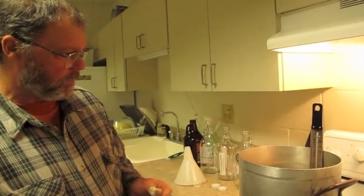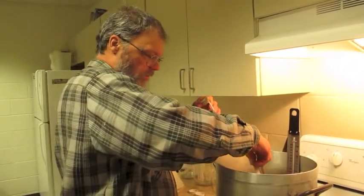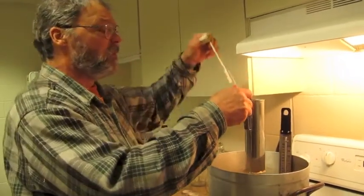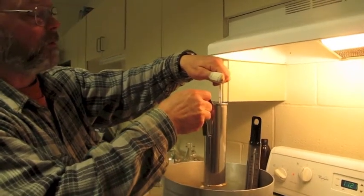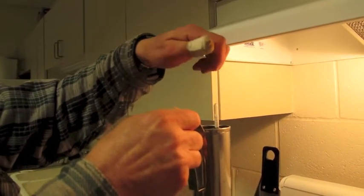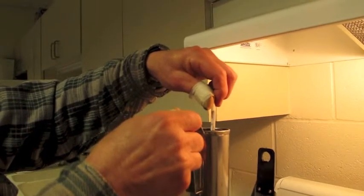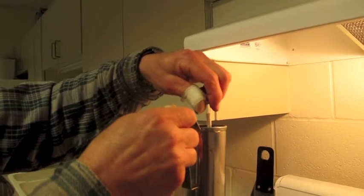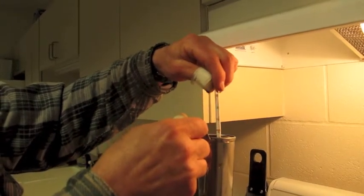For it to become syrup, you have to test it with a hydrometer. So I'm going to fill a sample up here. And when you drop in the hydrometer, it should float at that red line right there, but you notice it is not floating yet. In fact, it is still at about Brix 50. It's just trying to float right there. So to be syrup, it has to float at Brix